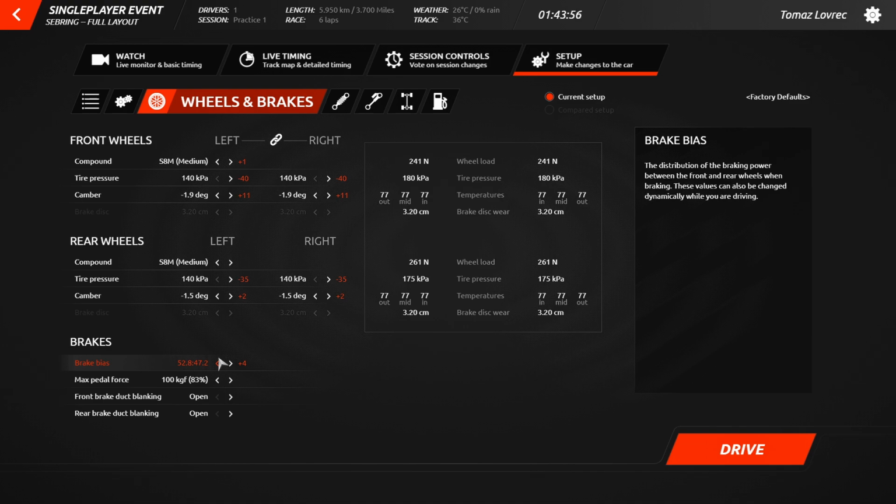This can affect the handling of the car. Basically, the more brake force you have on the rear, when you brake, the weight will shift forward in the car, so more weight will be on the front of the car. The rear will be lighter, which means it will be easier to lock up the rear tires, and